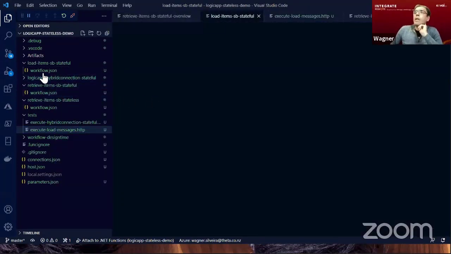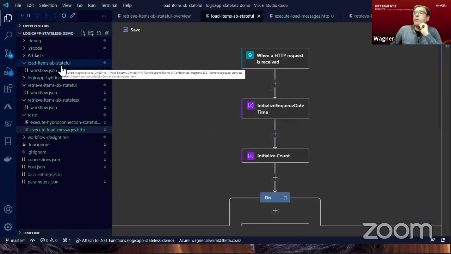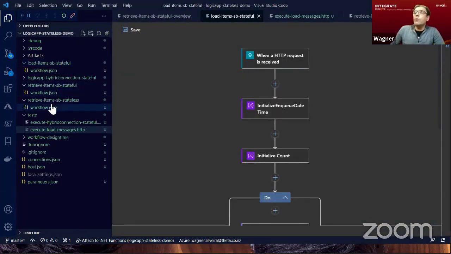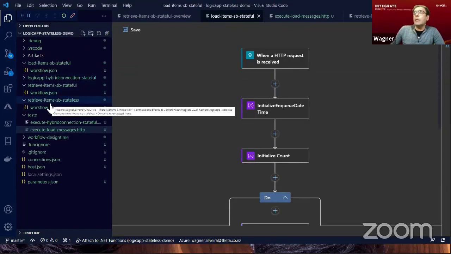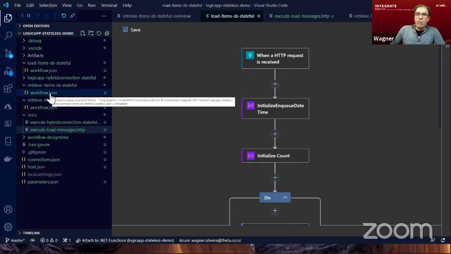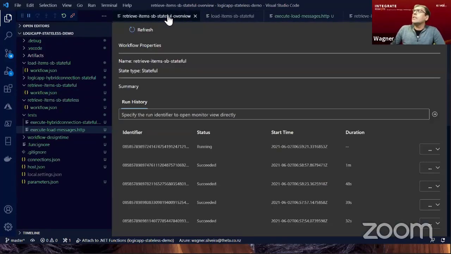So I have a logic app that is going to be putting some information on the service bus topic, and I have two logic apps that do exactly the same, but one is set up as stateful and one is set up as stateless. Both of them get one copy of that message from the subscription. What we try to see here, and I can actually show you some examples already,